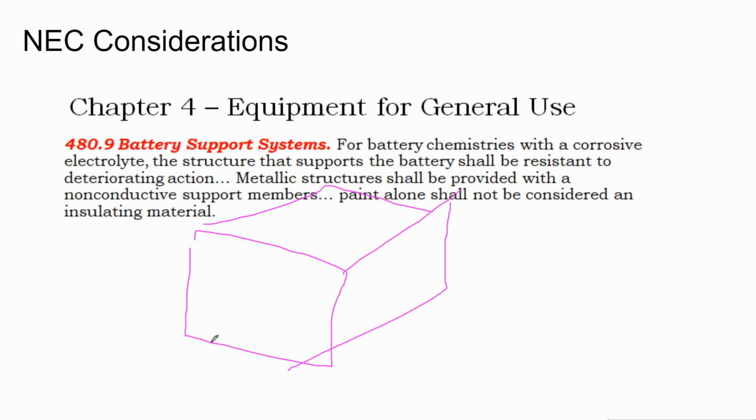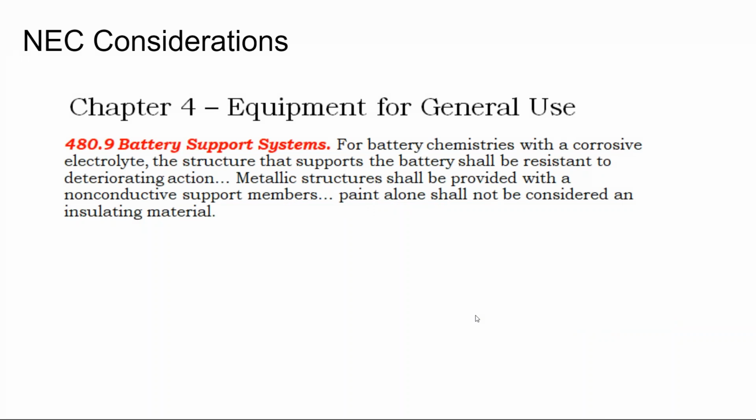You don't want to put that battery inside a forklift and touch the side of it and shock yourself. But what they're saying is you can't just put that box on the ground and say, oh, it's insulated from ground. What you need to do is take a rubber pad and put it underneath the battery before you set it down on concrete, because wet concrete can conduct electricity. Likewise, if you're putting your batteries onto a metal rack, you should put a rubber pad between the battery and the metal rack.